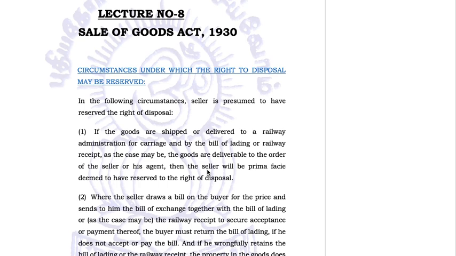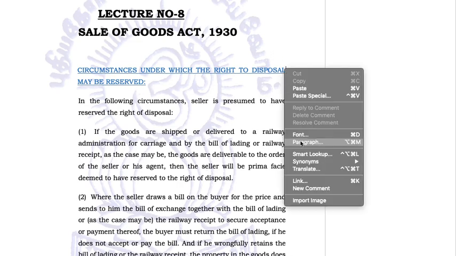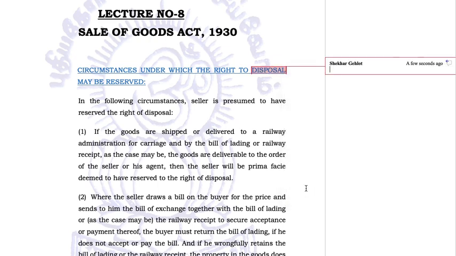What do we understand by the right of disposal being reserved? As we have discussed in the previous chapters, when the right of disposal is reserved, it is a conditional sale. This means the sale will not become operative till the time the right of disposal is also passed. When we enter into a sale, the transfer of property in goods passes ultimately to the buyer.